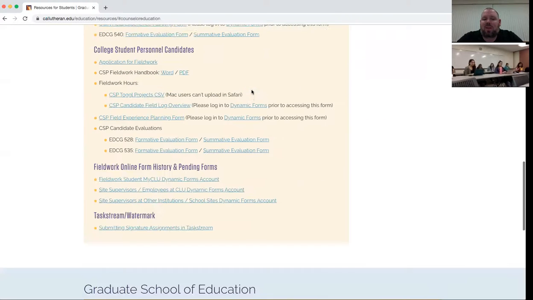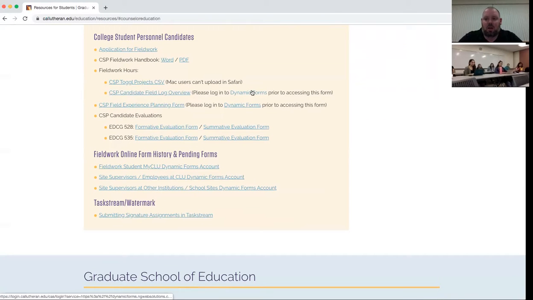But then specifically, I want to make sure that you focus on all of the materials that are under the section called College Student Personnel Candidates. So your application for fieldwork link is here. The fieldwork handbook is here in both a Word and a PDF format. And then all of the forms that are required are also listed here.